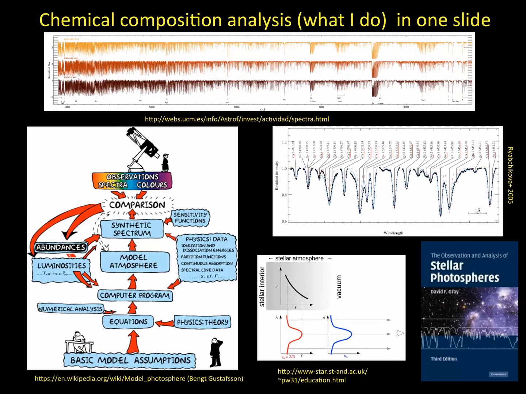You can see that this involves an awful lot of input, basic model assumptions, model calculations, analysis of line formation. I can't really do anything more than that here. I refer those of you who are coming from outside stellar spectroscopy to a wonderful book that takes care of most of the questions you might have: David Gray's textbook, Observation and Analysis of Stellar Photospheres, now in at least its second edition. That could be a Bible on your shelf